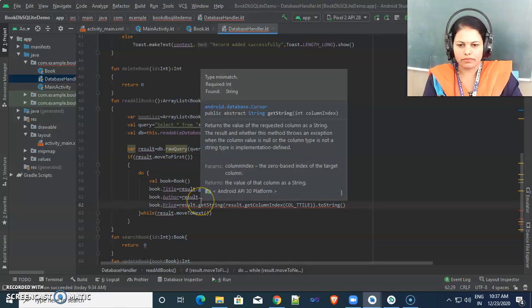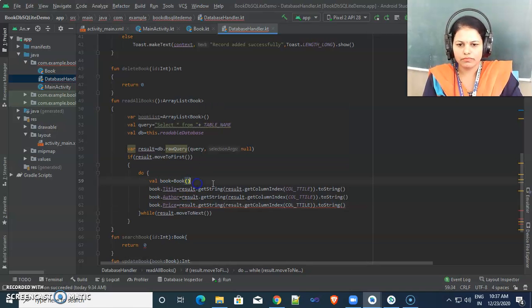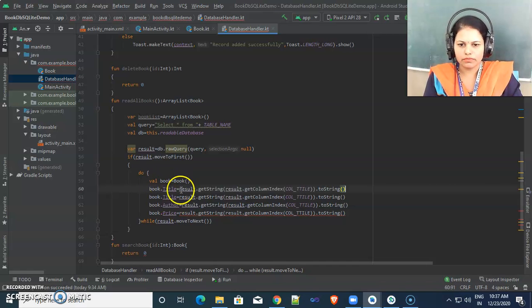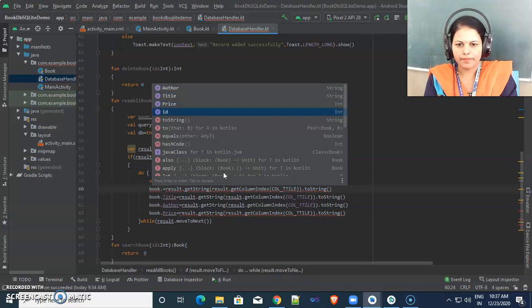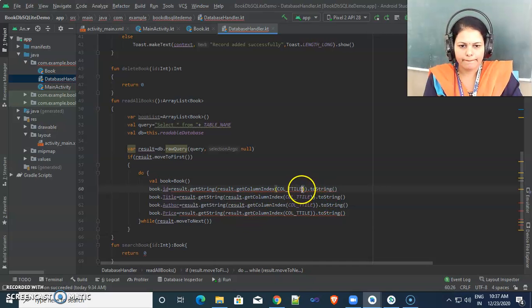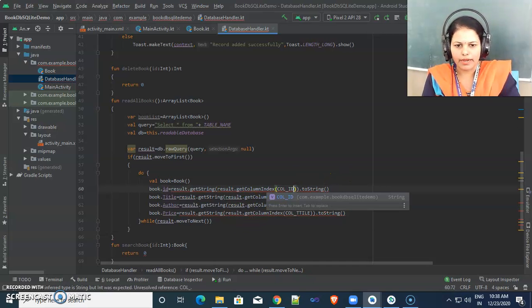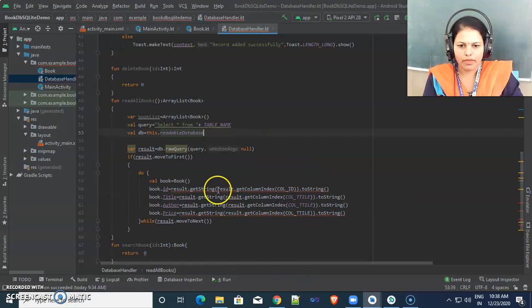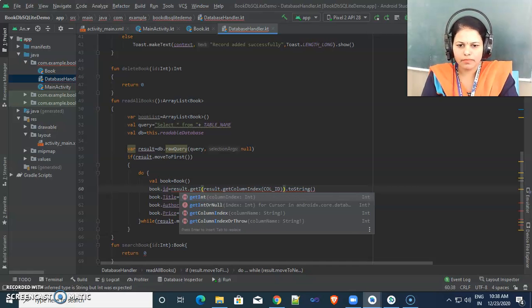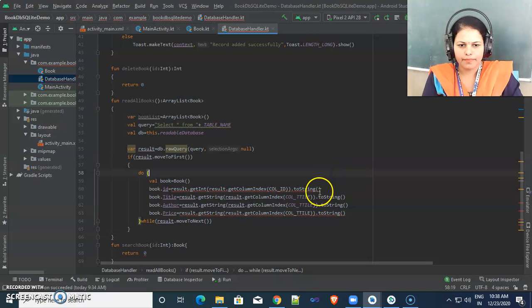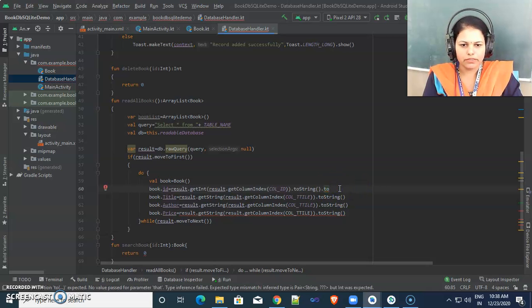ID also we want, so here I am taking the property as ID, with get int and dot to int.